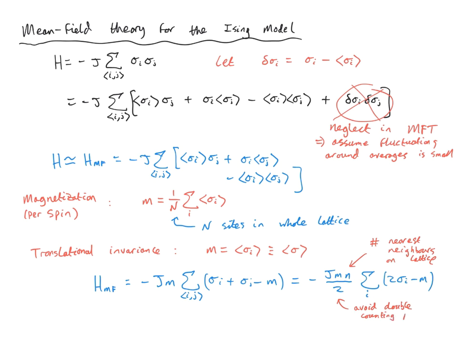Of our pairs. So if I sum over the nearest neighbours i and j, and then I reduce this to a single sum over sites, I will have counted those twice, so I need to divide by 2. So overall, we arrive at our final result for the mean field Hamiltonian for this spin system, which is some